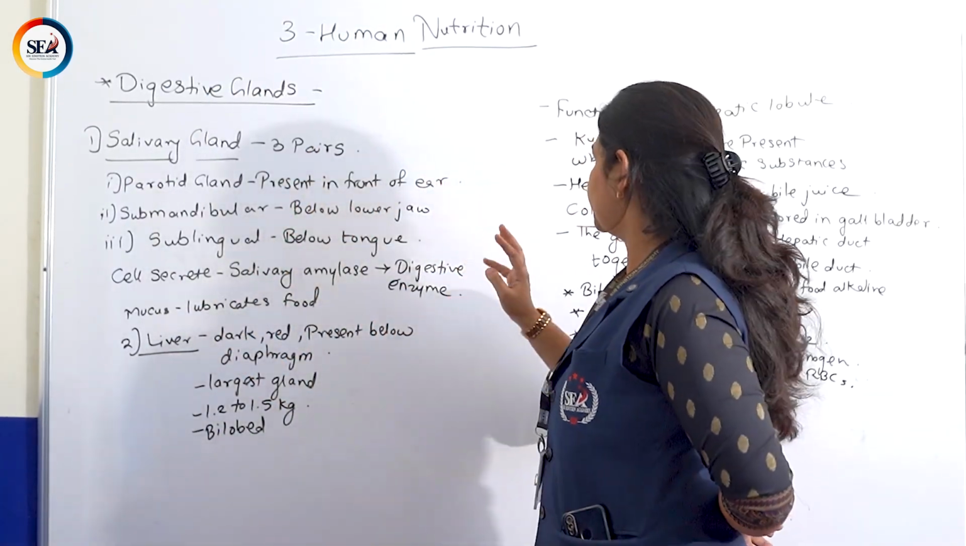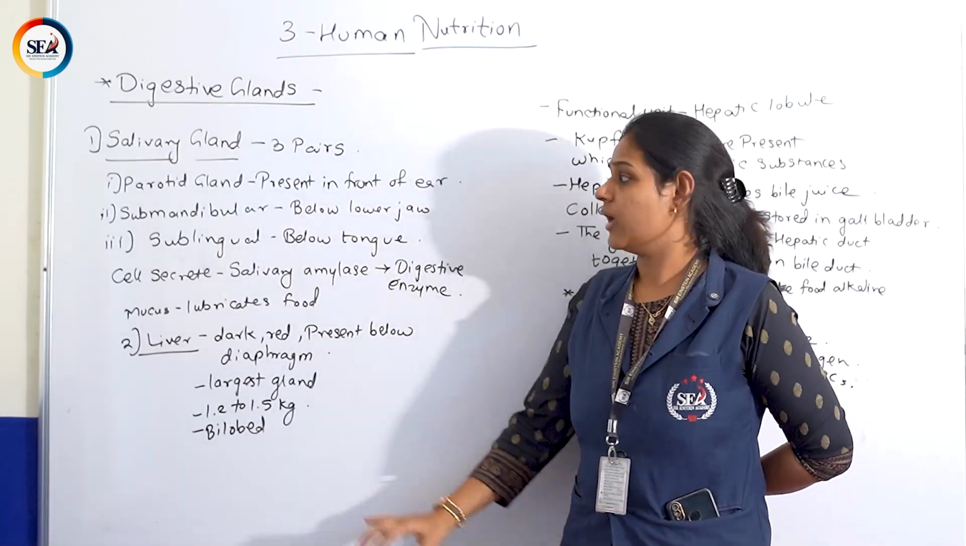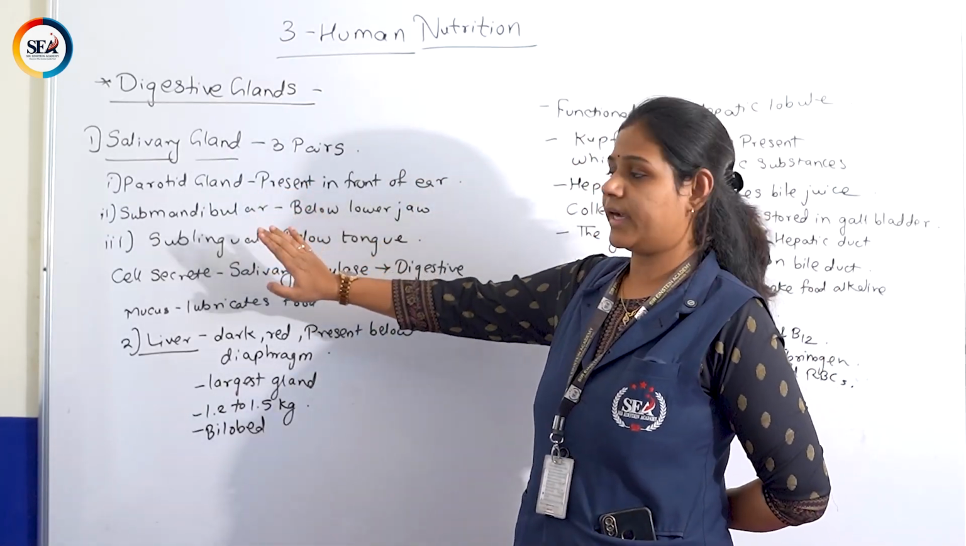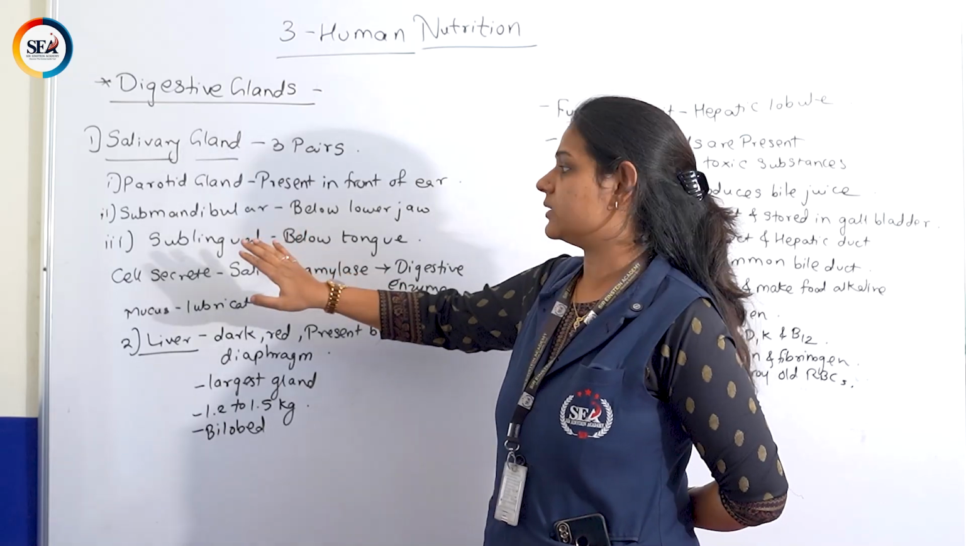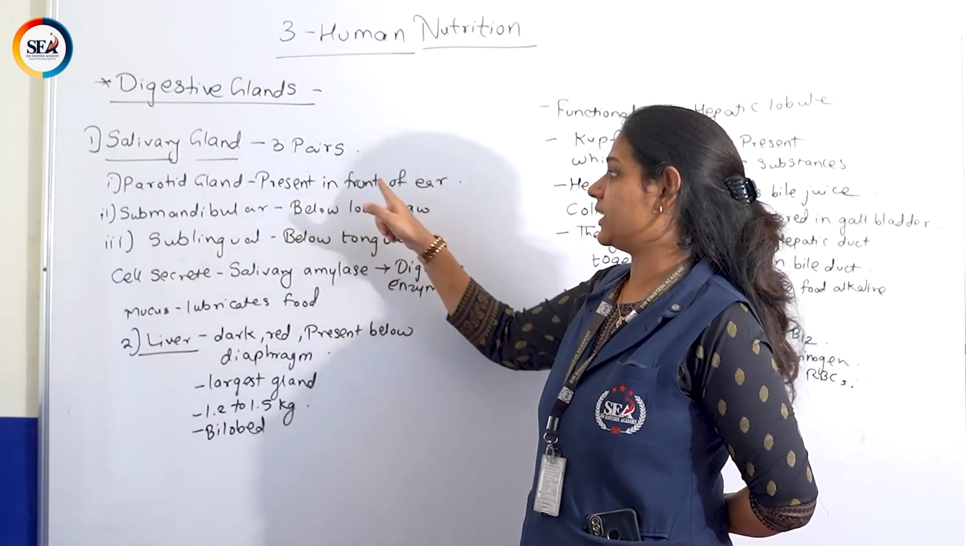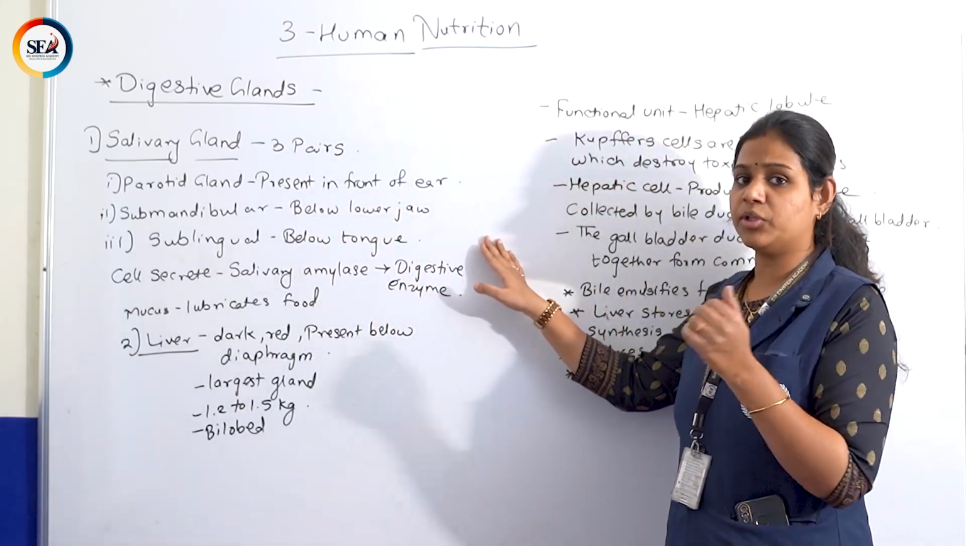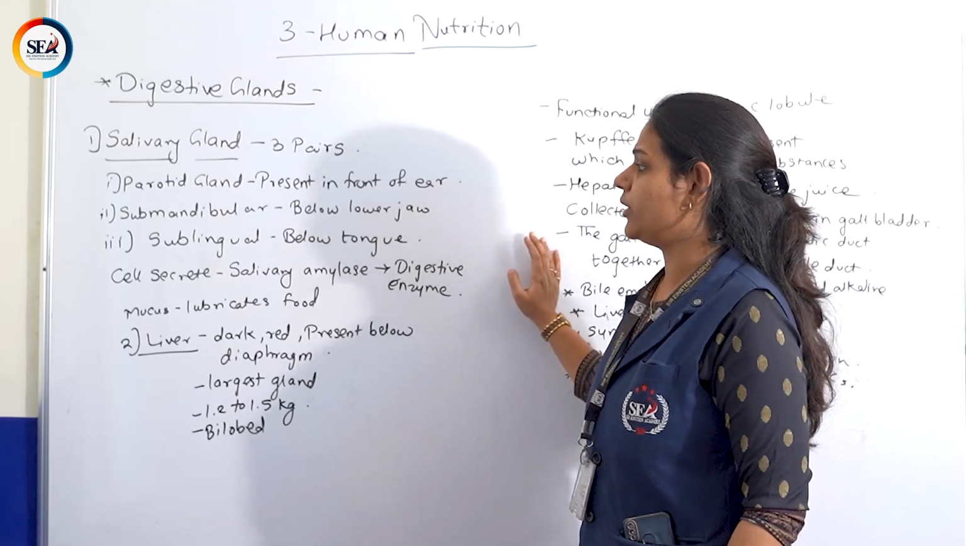There are total 3 digestive glands. First we will see the salivary gland. There are total 3 pairs of salivary glands. One is the parotid gland, second is the submandibular gland, and third is the sublingual gland. The first pair, parotid gland, is present in front of the ears. Second pair is submandibular gland, which is present below the lower jaw, and third pair is sublingual, which is present